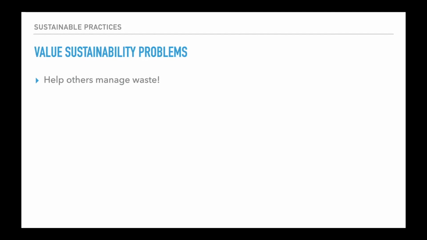How do we make this something we think about naturally and incorporate into our lives? First things first, help others manage waste, right? So there's a lot of things. I'm thinking a lot about T9 hacks. I'm thinking a lot about what you guys are going to produce. I'm just going to throw some ideas out there. If it sticks, it sticks.